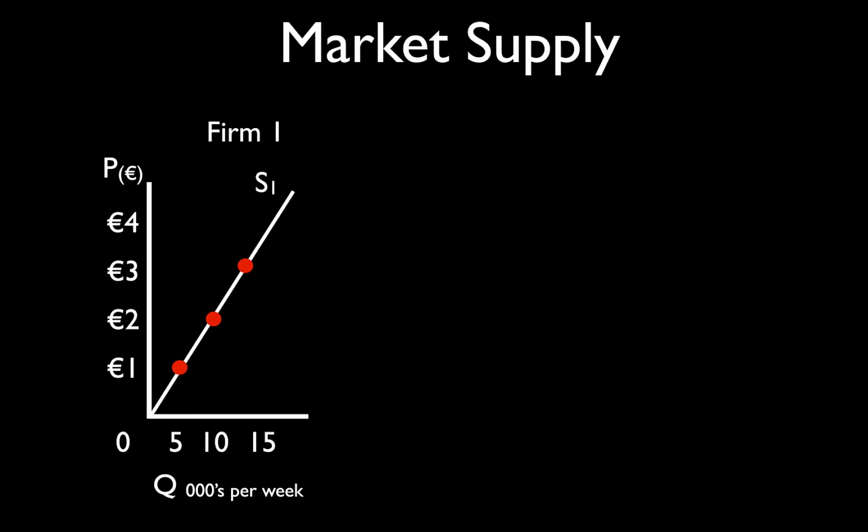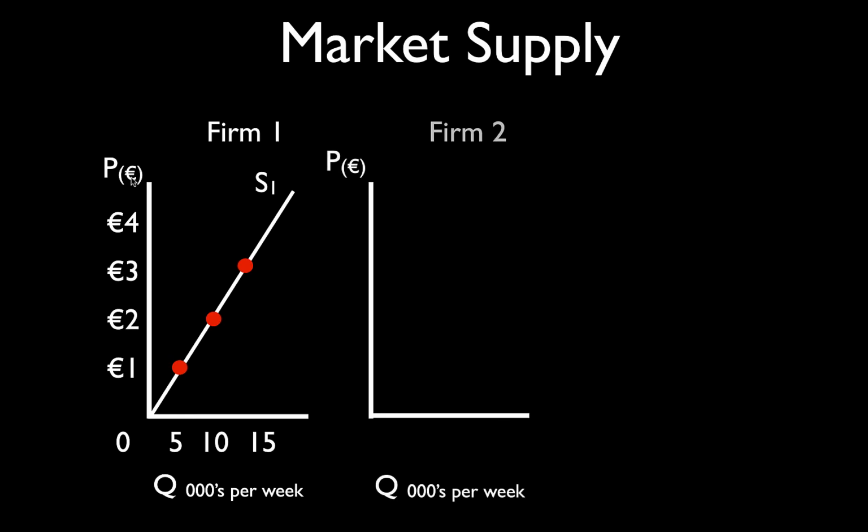That just shows at every price, and I know we had 5, but space is at a premium on the screen, I'm going to go up to just show the different quantities supplied at prices €1, €2, and €3 respectively. Now for firm 2, and again, don't forget guys, we've got a title, we've got a price with the currency symbol, we've got the origin, we've got the quantity in units per time period, all that kind of stuff. So as we can see, the prices 1, 2, 3, 4,